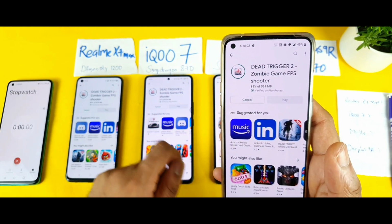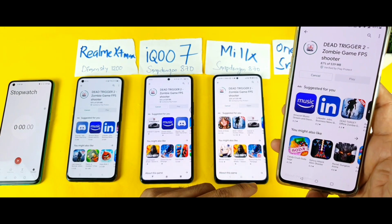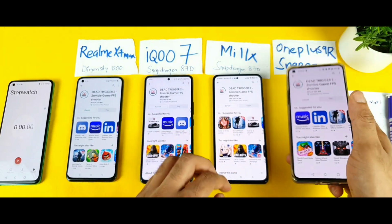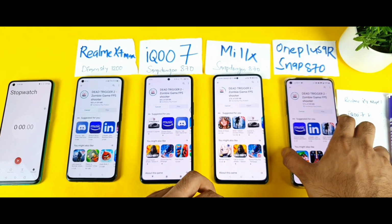As you can see, 91%, 89, 80, 91, and the Mi11X is still going on with a slow speed. It's very strange. Mi11X, it's going on with a very slow speed. I'm not sure, but I'll try to check individual testings. And at this point, the first phone to start installing is